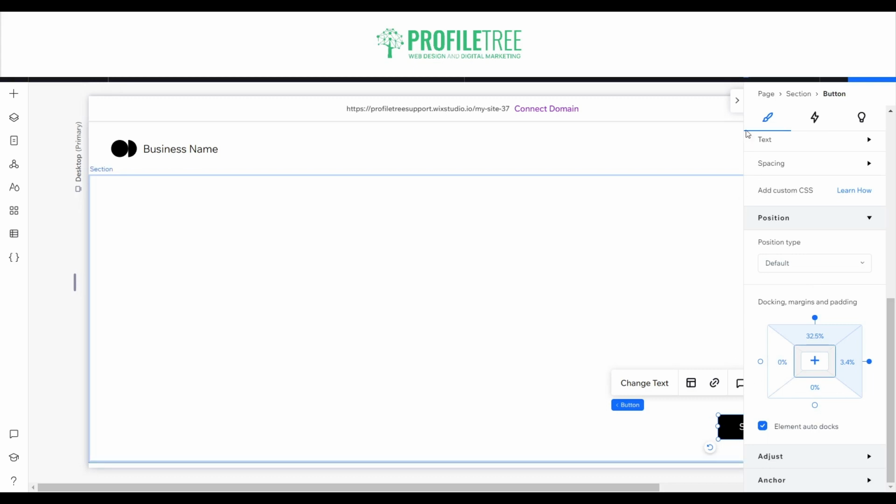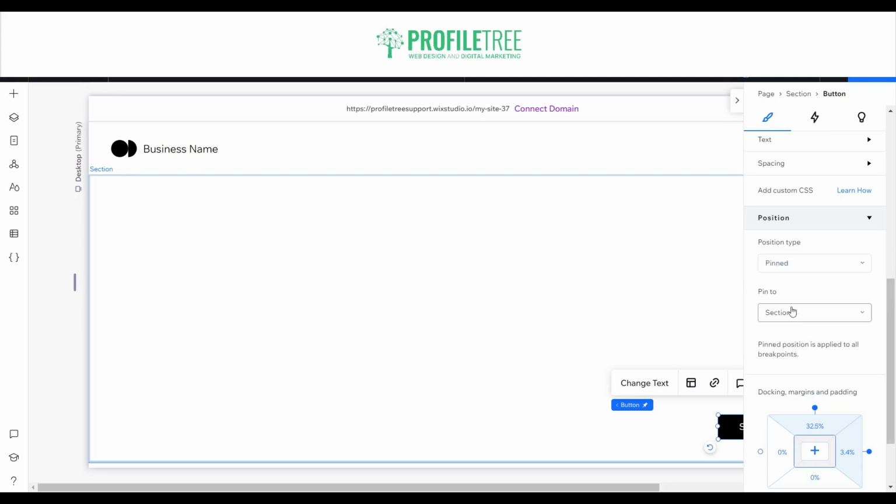But anyway, it's as simple as opening up the toolbar on the right side. Then all you need to do is scroll down until you see position. You'll see that the position type is default. Select default and you'll be able to select the pinned element. And once that is pinned, you'll see that it'll say